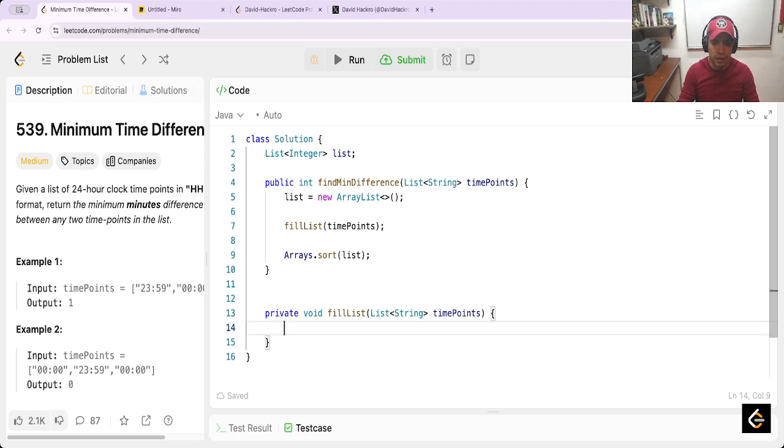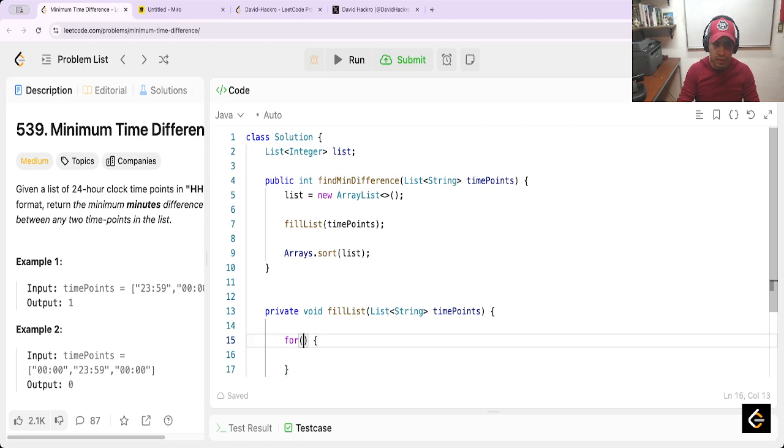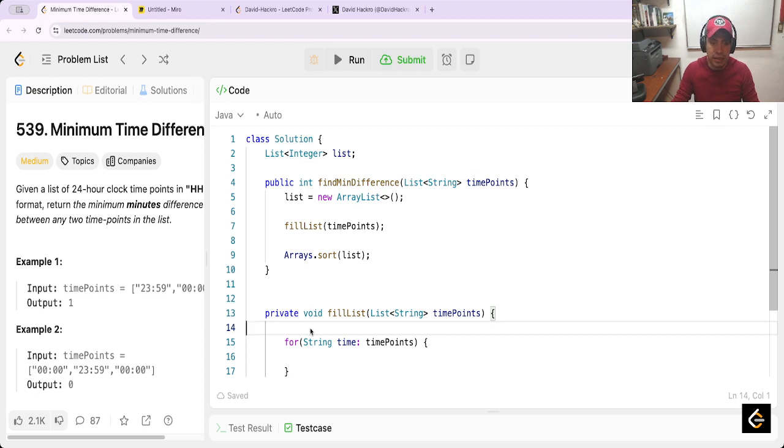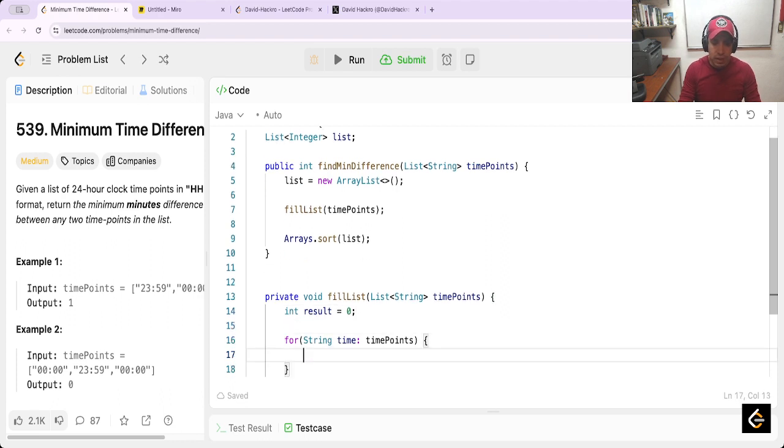Yeah, and next is a for string time points. Yeah, and here is translate this, an integer result equal to 0, and here